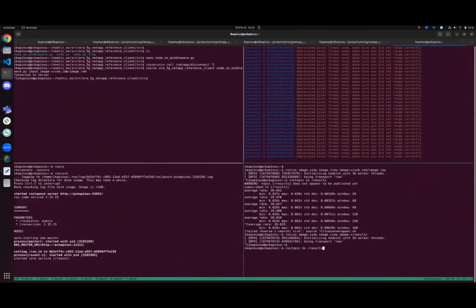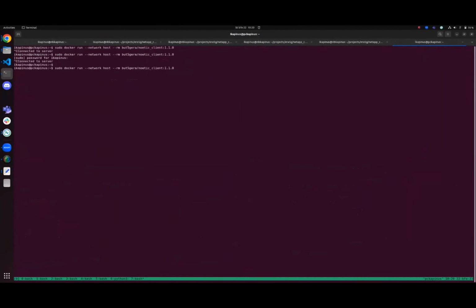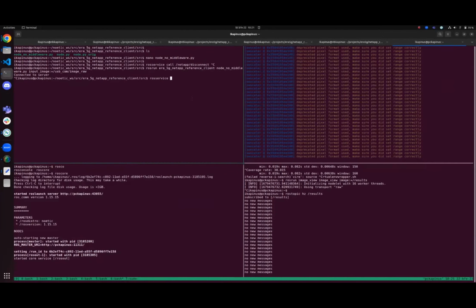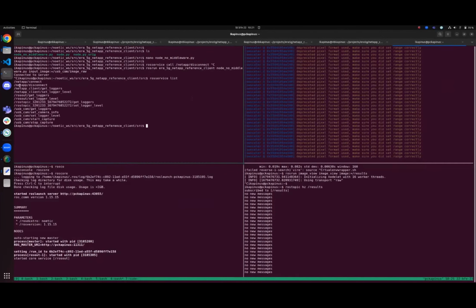Again, I will try to read the results. There are no results yet. So I will start this Docker image, which is the Bat5G era Noetic client. And as you can see, no messages yet, but the ROS service lists the NetApp Connect service. ROS service call NetApp Connect,